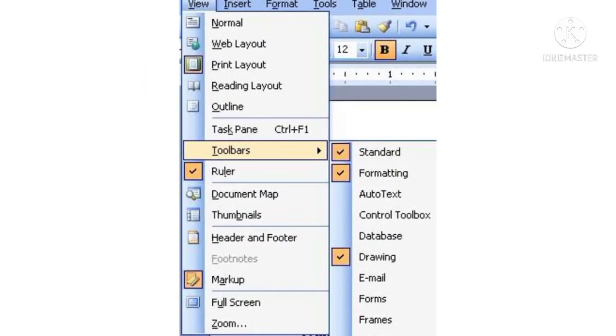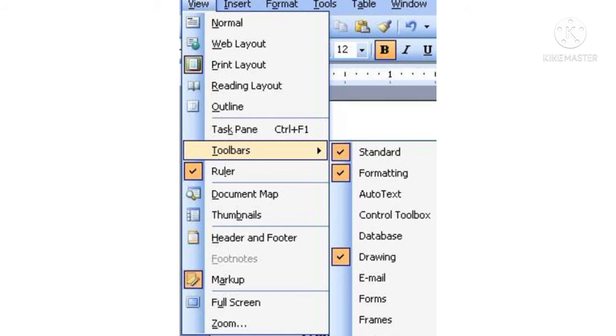Toolbar. There are different toolbars present in Windows, such as standard toolbar, address bar and links. You can add or remove toolbars in a window. To add or remove toolbars, follow the given steps.